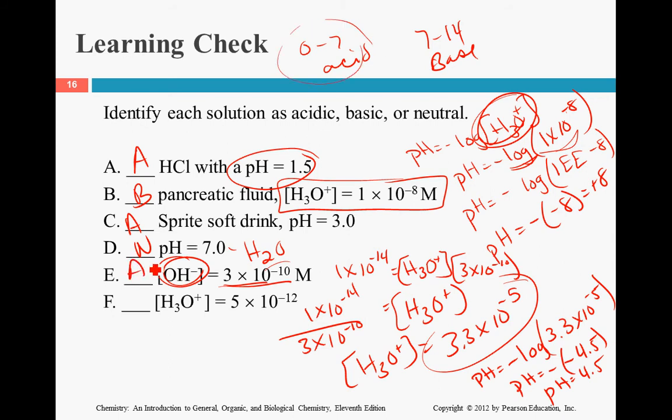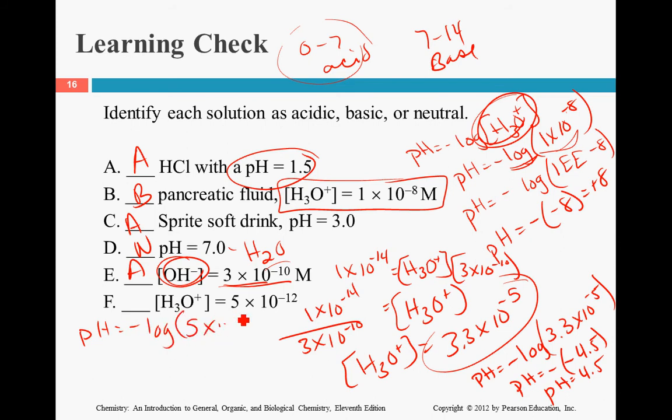So notice how we have to combine steps in order to figure out the answer sometimes. That's why the previous equation of 1 times 10 to the negative 14 is so valuable. And then finally we have H3O plus. They give you that concentration, so we can put that right into the equation. pH is equal to negative log